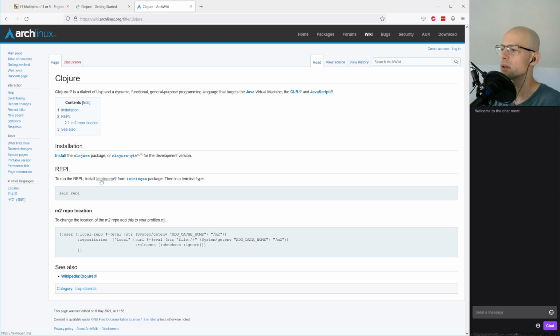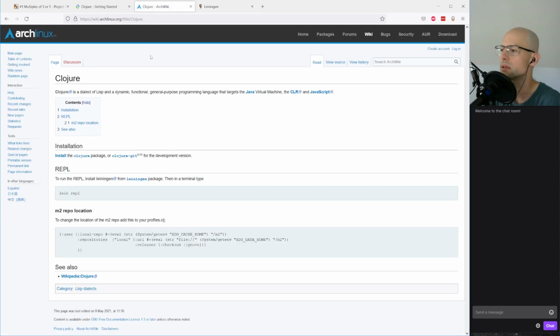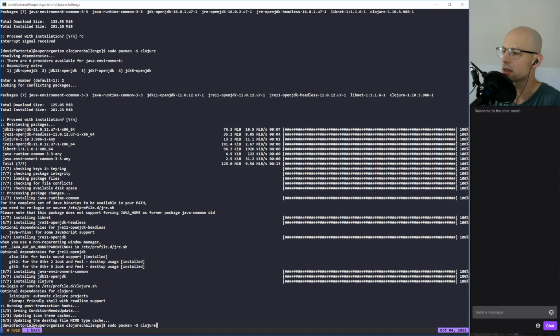To run the REPL, install Leiningen. I have heard of this tool. Leiningen is the easiest way to use Clojure. So it is. Focus on project automation and declarative configuration. Ah, this is like, lets you run the thing. Is this also installed? Yeah, it is. Wait, did it install that for me? No. So let's do